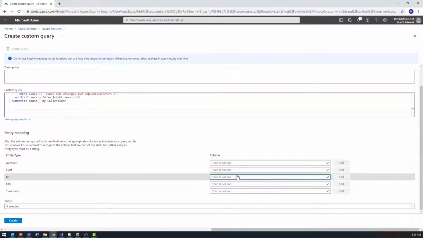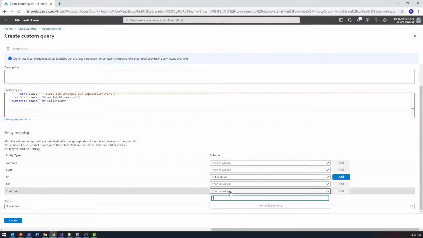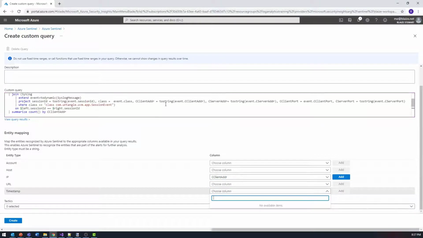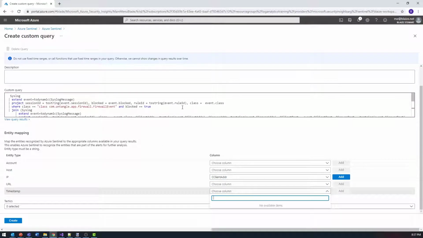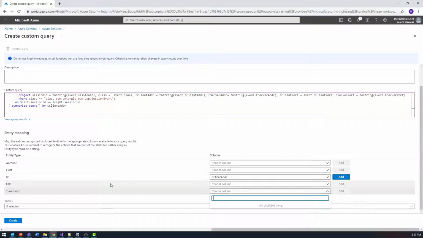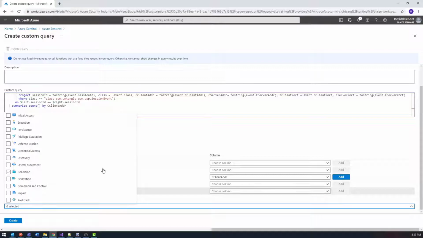I've got the option to do an IP address, and I don't have any timestamp on this. If I wanted to put a timestamp on this, I could, and that would give me time data and things to correlate with. And so this allows me to have those basic pieces of information, and like the alerts that I was setting